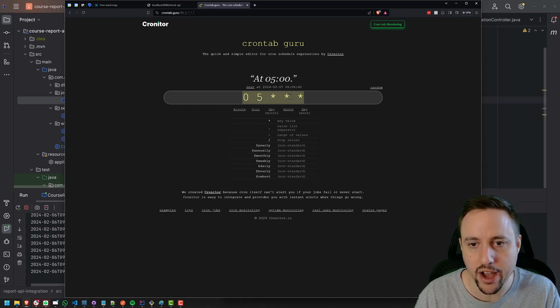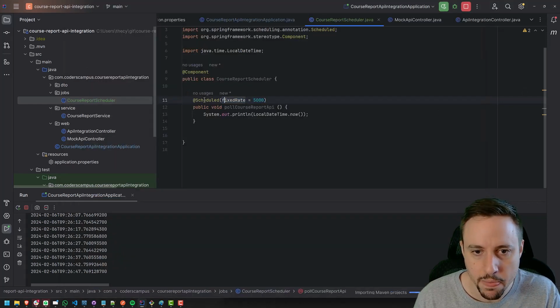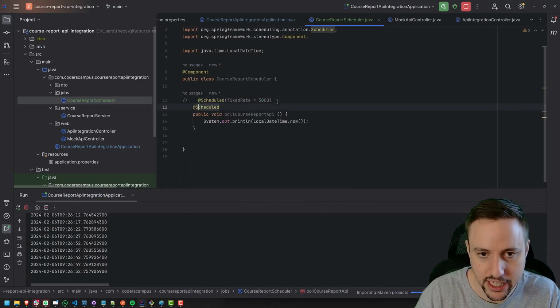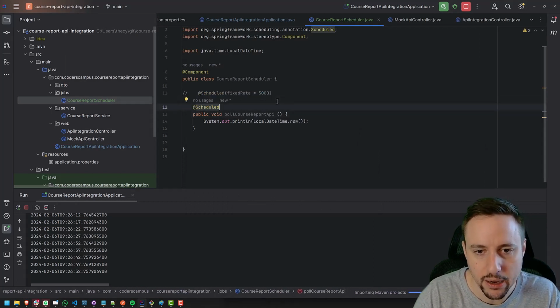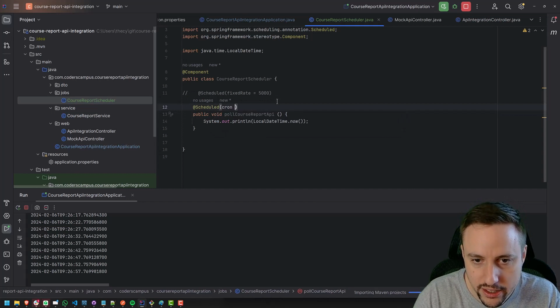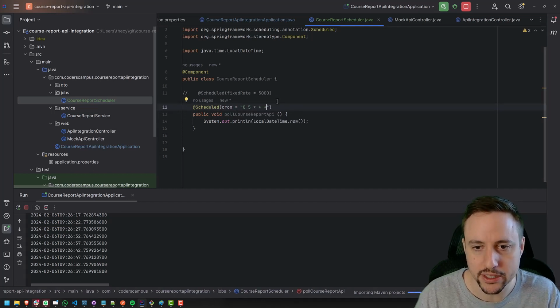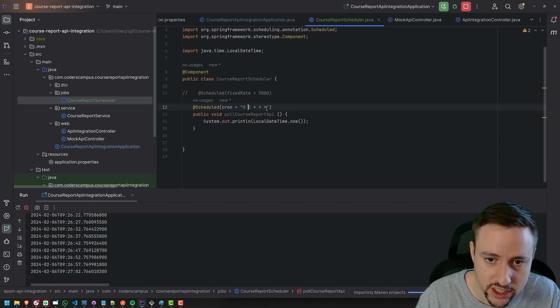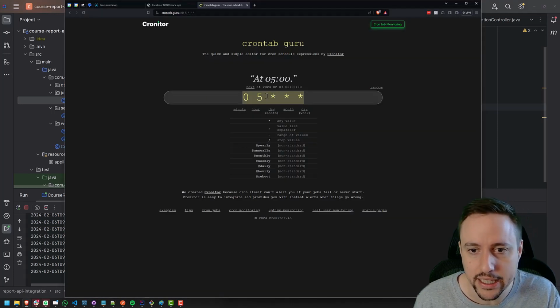If I wanted to run at 5 a.m. every day, I'd copy this string and I would replace this with something different. So let me comment this out, so that's gone now. And I would say scheduled, and I would say cron equals, and I would put that string in there. So this string 0 space 5 space star space star space star means, right here, run it every day at